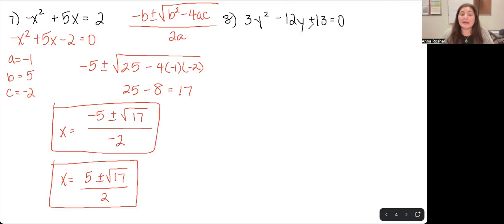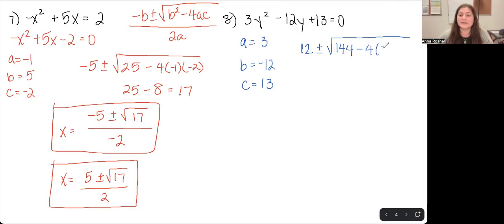Okay. So in here, I have everything on one side and it all equals 0. So I'm going to go straight into my A, my B, and my C. And then hopefully you have your math facts memorized because this is going to be a doozy. So I've got 12, -12 for B. So I'm going to just go 12 plus or minus 12 squared is 144 minus 4 times A times C. This is going to be 144 minus 156. If I remember correctly,